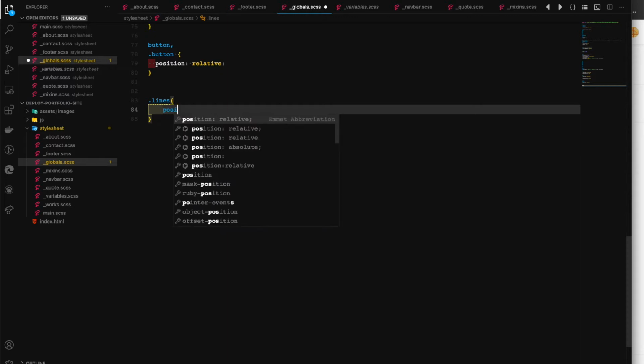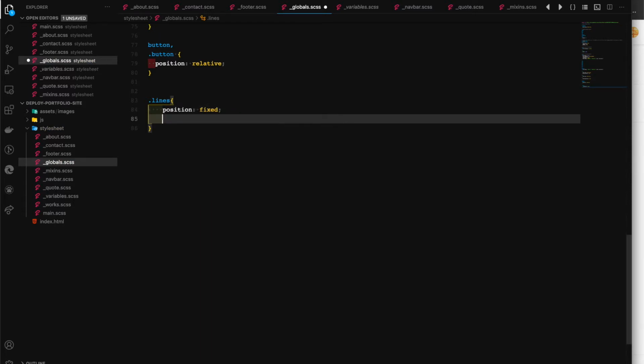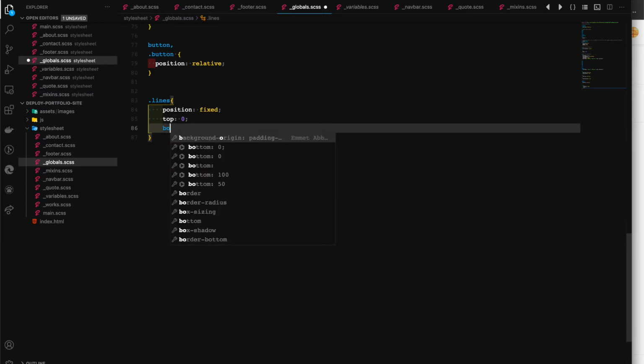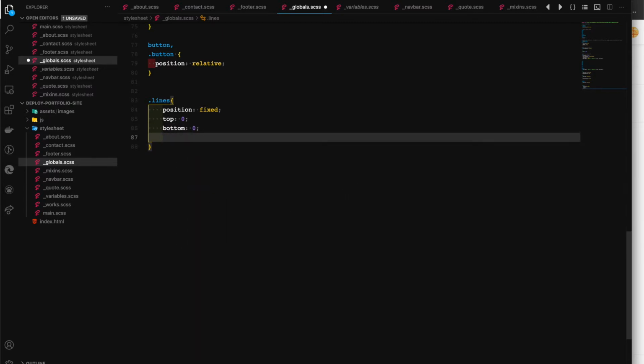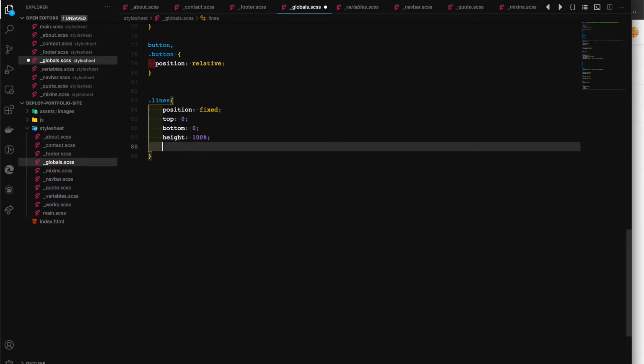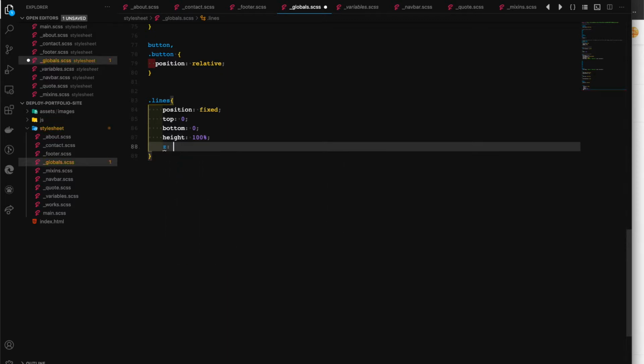So the lines are positioned, and they stretch from top to bottom. So top would be 0 and bottom would be 0, and height can be 100% because it stretches from top to bottom, and z-index can be just 1,